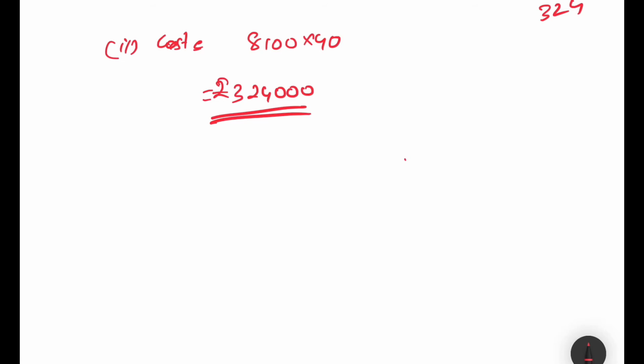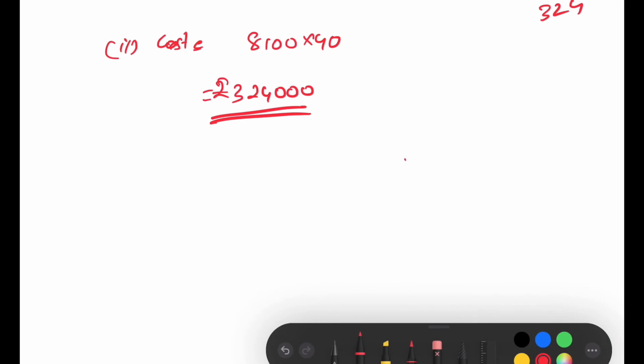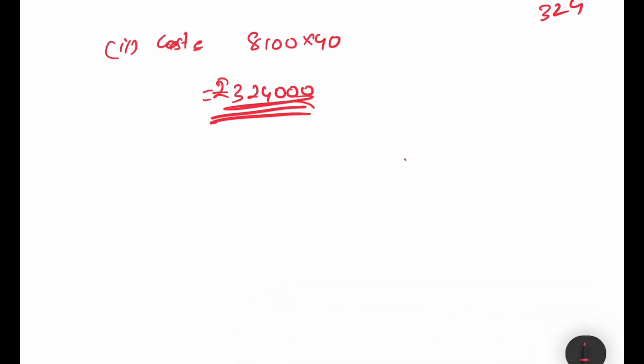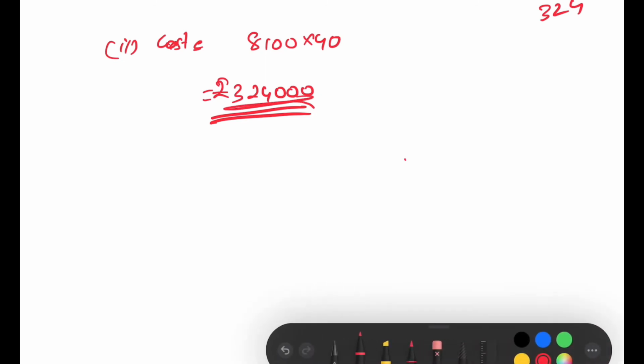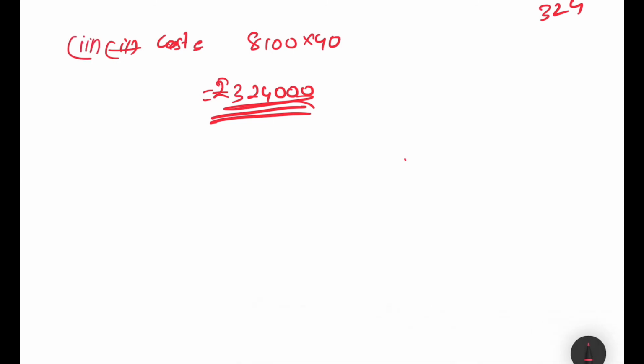Now the cost of leveling the plot. Okay, fencing the boundary, sorry. First one is fencing the boundary only, you need to fence, right? So when you're fencing the boundary, this will not be the answer. This is the answer for the third sub question. Is it clear, children? Third sub question, cost of leveling the plot. Leveling the plot only needs area into the rate.